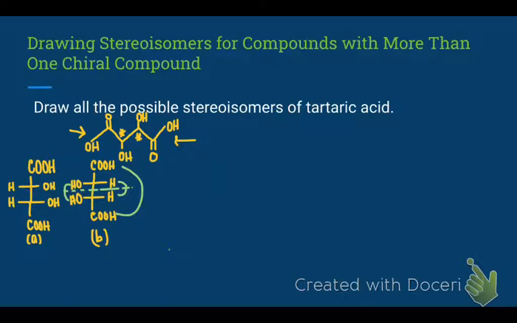Also, if I picked B up out of the page and I turned it 180 degrees, the OHs would line up, the H's would line up, and so would the carboxylic acids. So we can say that A and B are actually identical. And remember, we have 2 chiral carbons, so 2 to the 2nd power is 4 possible structures. But even if I drew